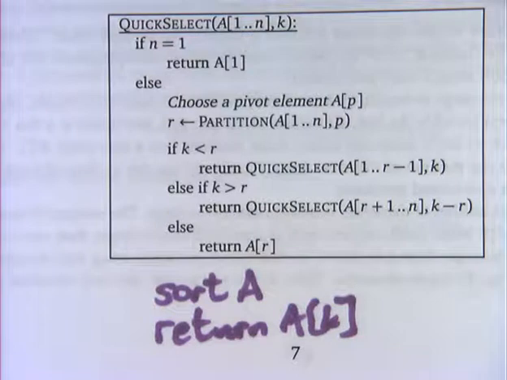Now, as someone pointed out, if I'm unlucky in how I choose my pivot, this is going to lead to a slow algorithm. But at least with this recursive formulation, the algorithm is correct. It will, in fact, find the kth smallest thing in the original array, and it's not terribly difficult, although it's a little bit tedious, to actually prove that by induction, where you have three inductive cases and a base case, assuming that the partition algorithm works. Okay?